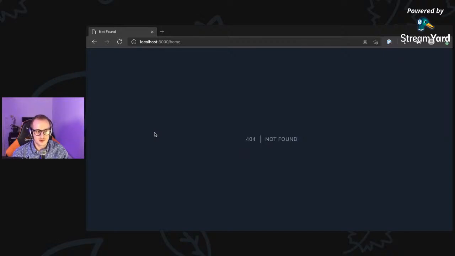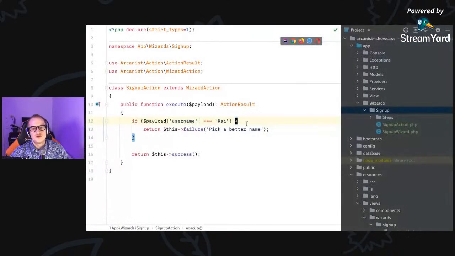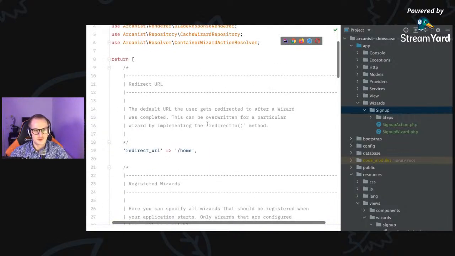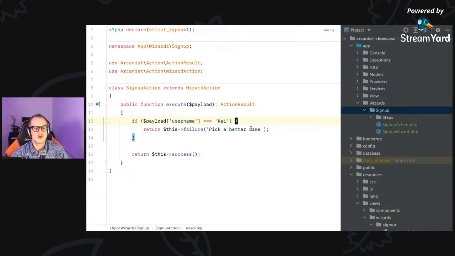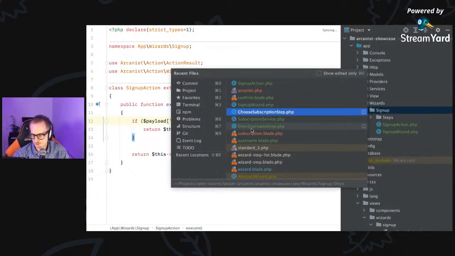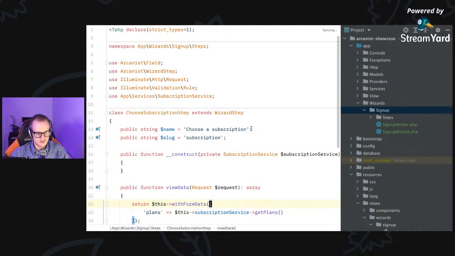We get redirected there because by default in the config there is this redirect URL, and it's pointing to /home in this case. You can change it here. You can also override this on the wizard itself. So one very common use case, I imagine, is